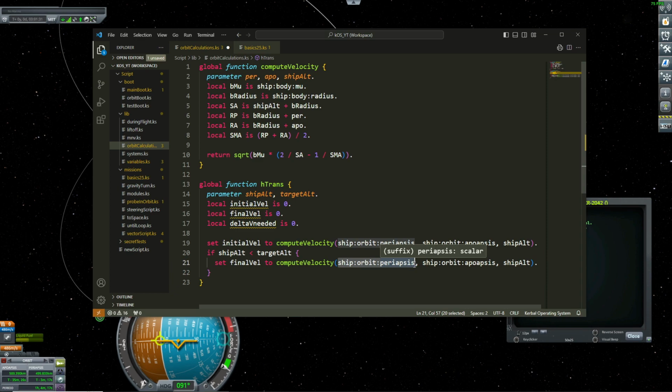So here I have to write ship altitude. The apoapsis of my new orbit will be my target altitude, this one. And I want the velocity at my ship altitude. Okay, like this, and else